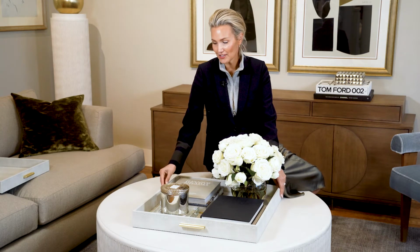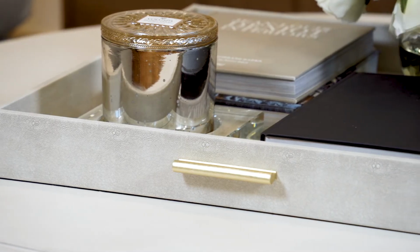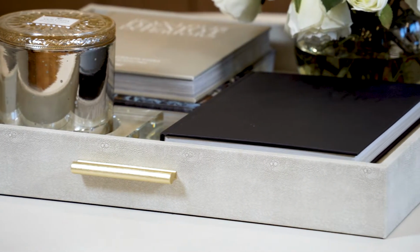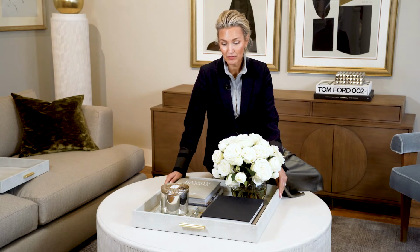I'm here with our Haze Sting Tray. This color looks so beautiful with the cocktail table. It's kind of a really warm, stony gray tone. Faux chagrin on the texture. We've got brass handles to make it easy to pick up. I'm using our large, so this is 24 by 24 inches, giving me lots of room to style, which I